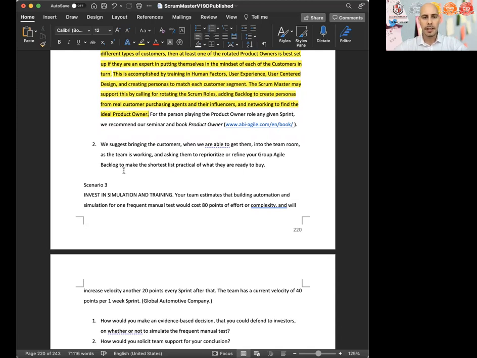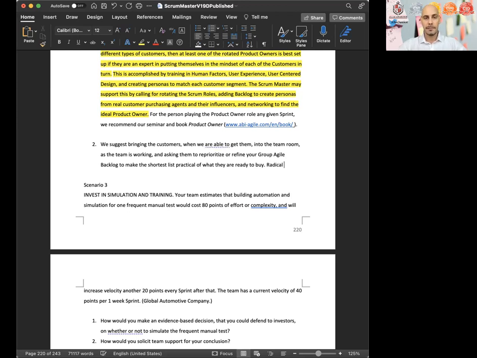We suggest bringing the customers, when we're able to get them, into the team room as the team is working, and ask them to reprioritize or refine your group Agile backlog to make the shortest list practical of what they are ready to buy. Now, that practice, inviting the customers in,